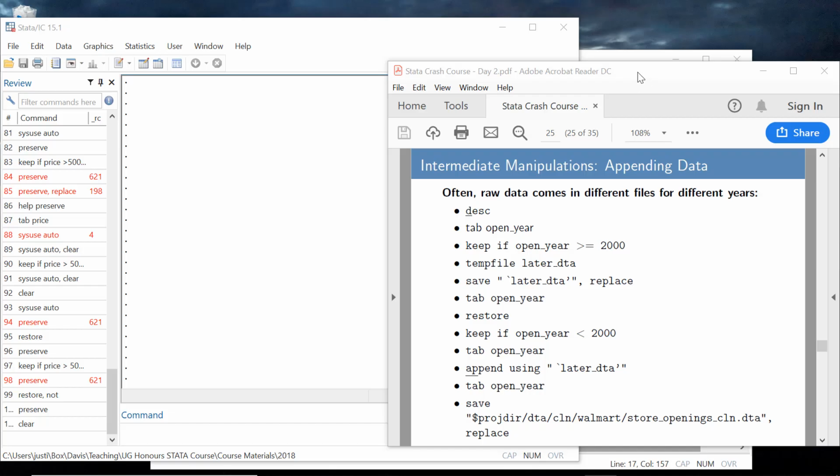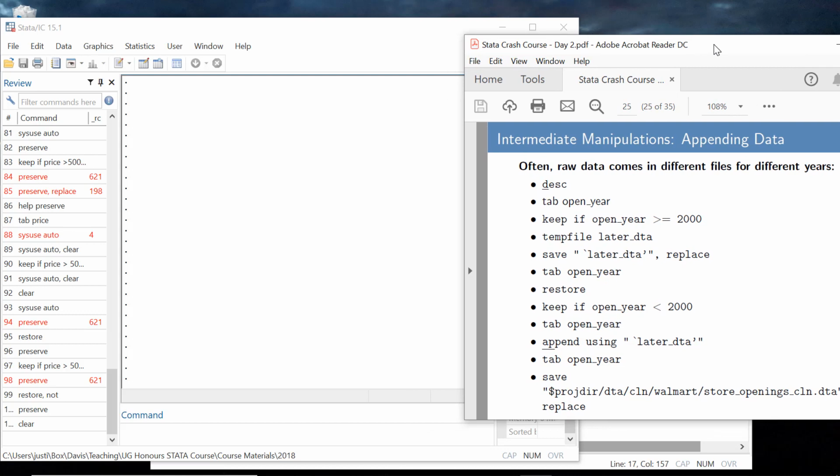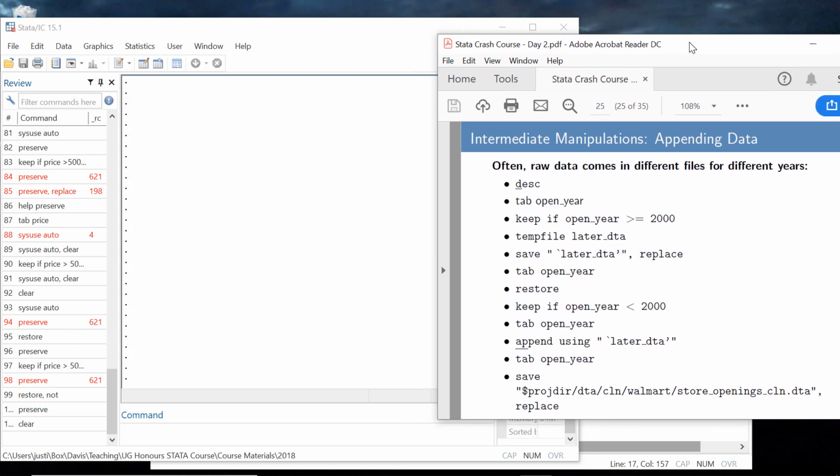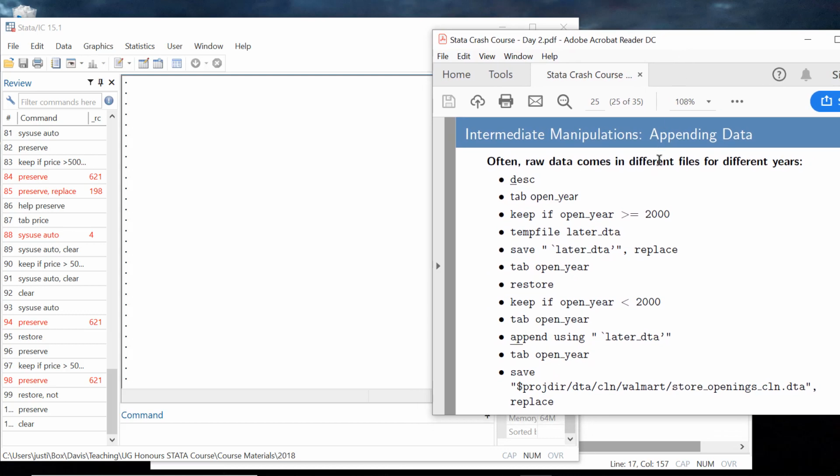All right, picking up where we left off. So we've actually come back. This is day 3, but we're going to finish the slides for day 2. And at the end of yesterday, we were looking at appending data, and we created some restricted data set using